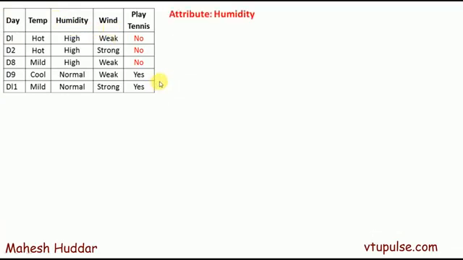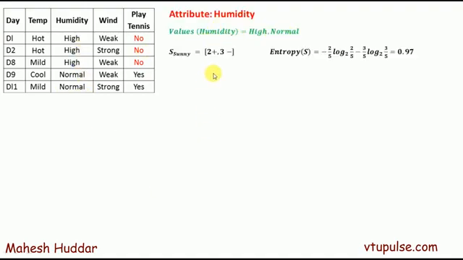So when it comes to the second attribute, humidity, the values are high and normal. There are 3 high and 2 normal. And this is the same entropy for this data set. So once you calculate for one attribute, it will be the same for the remaining attributes over here. The entropy of S high, if you want to calculate, there are 0 positive examples, all 3 are negative examples. So 0 plus, 3 negative. And entropy of S high is equivalent to 0.0 in this case. Similarly, entropy of normal, there are 2 positive examples and 0 negative examples. So that is what is written here. Entropy of S normal is again 0.